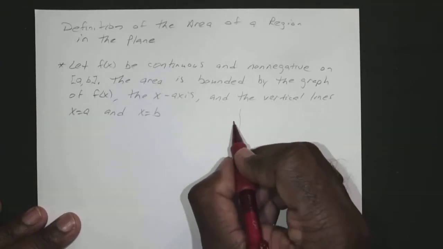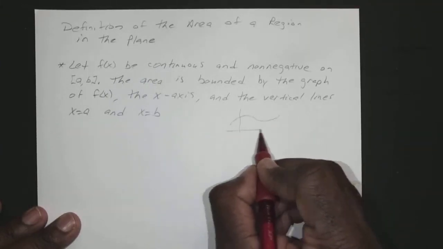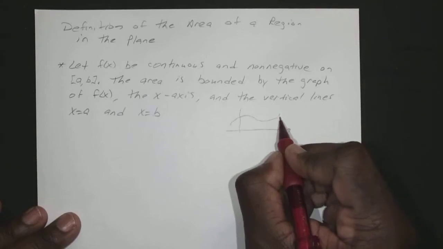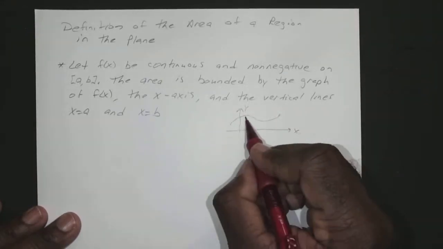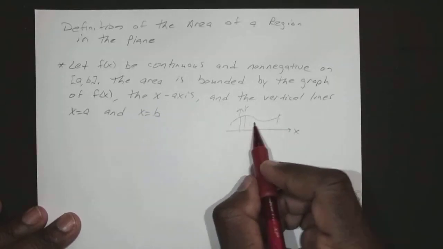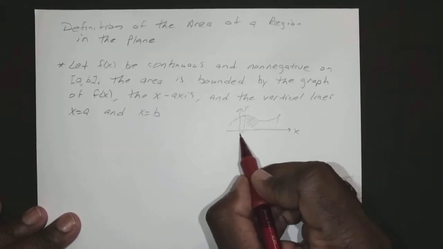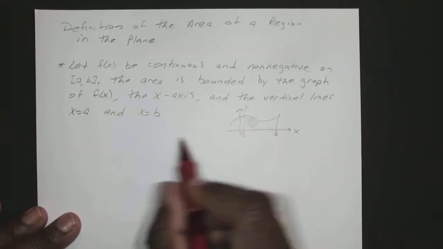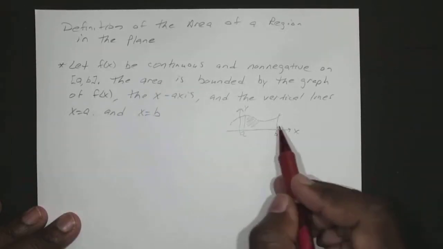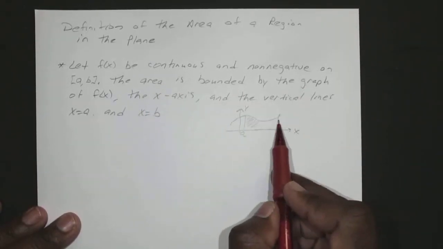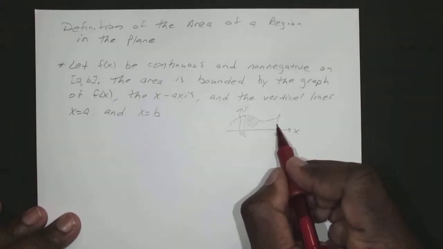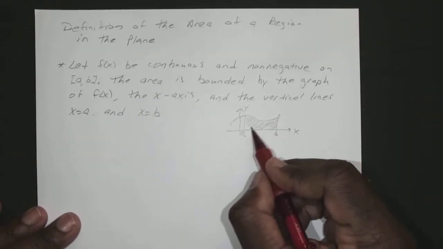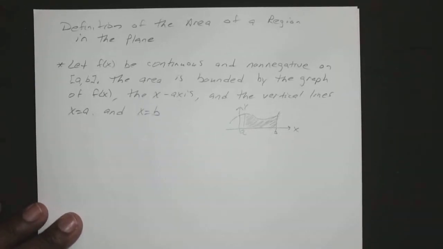Okay, so if you had a graph here, let's say we had it here, just to give you a visual of what they're saying. You're looking for the area between some points a and b. Those are the vertical lines they're talking about. It's bounded by the graph itself and the x-axis. Okay, so as long as all those conditions are met,